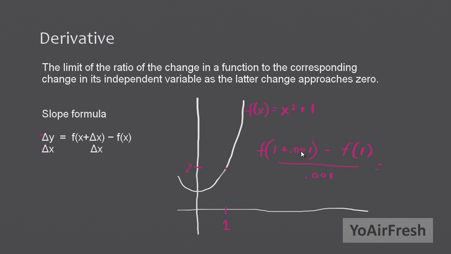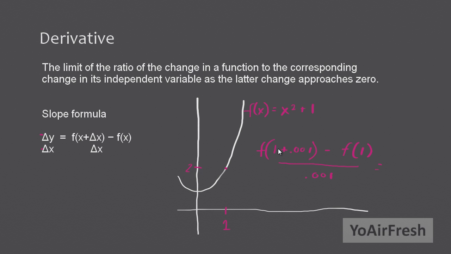You can do 0.0000001, all the way to an infinitely small number is your goal. But if you're using a number like this, you're going to get generally close to the slope. It's not going to be an exact number, and there are ways to find the exact number, but we're not going to go over that in this video. Definitely going to cover some of the shortcuts in the following videos. But anyways,